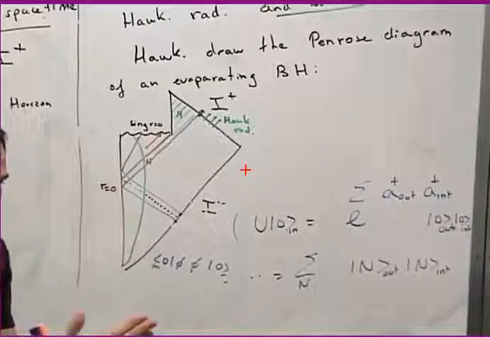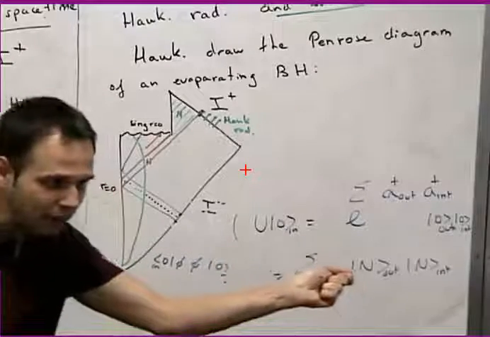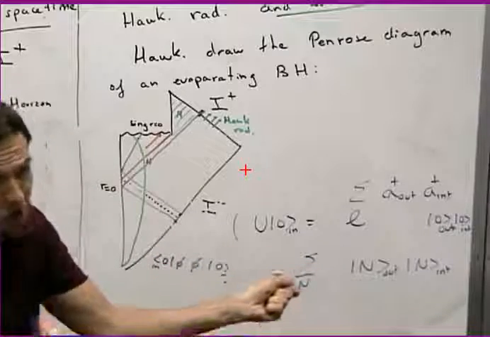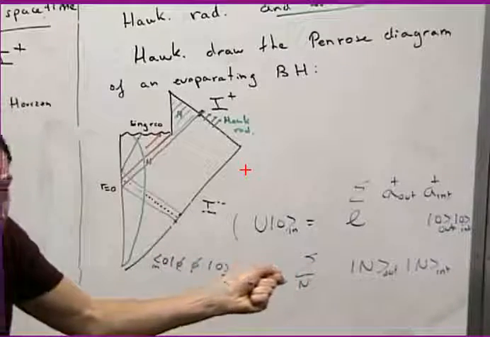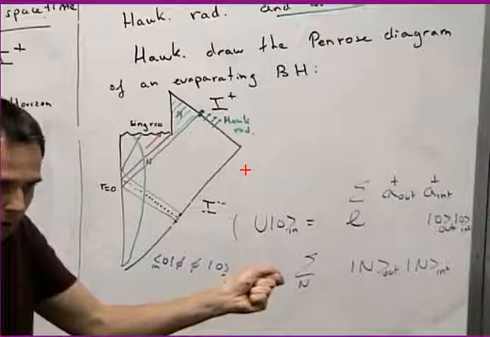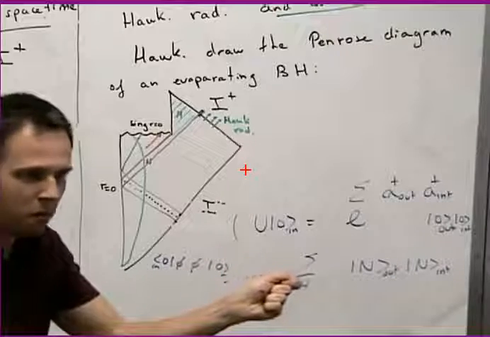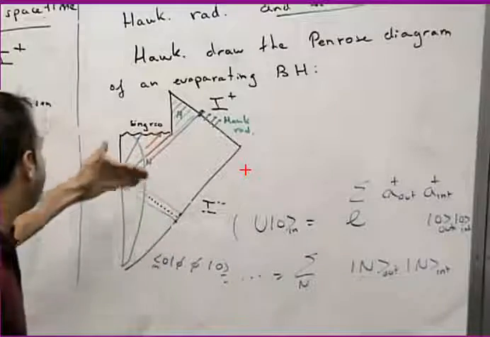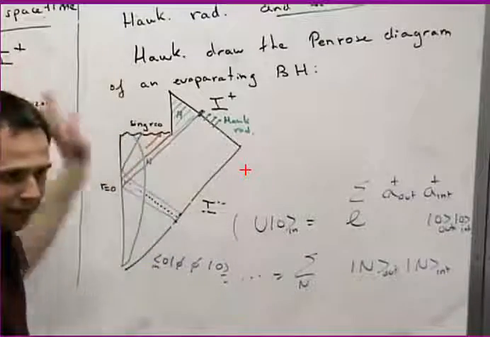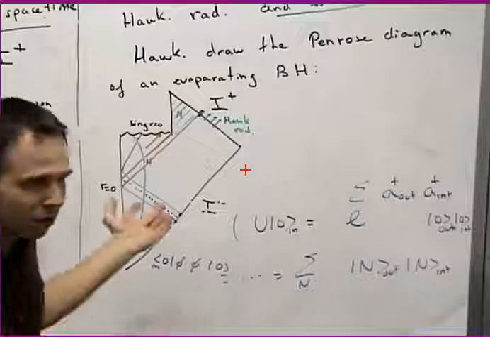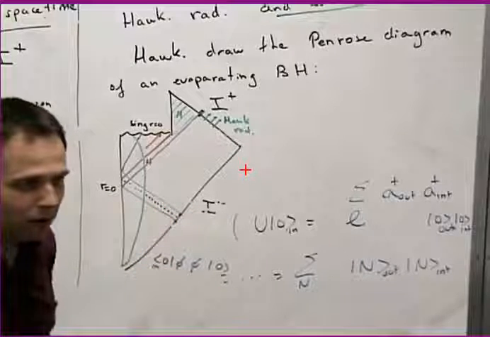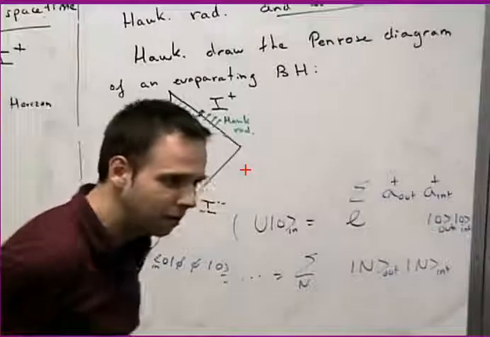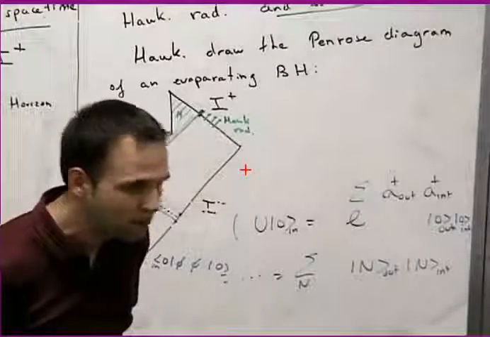The correlations that go inside the horizon, by definition of the horizon, can never go to Scri unless you violate causality. If you don't violate any rule of the game, that can never reach Scri anymore. That will die in the singularity, and after the black hole disappears, there is no singularity anymore. The black hole is not there. We only have Hawking radiation at Scri. So there is nothing else in the universe. What are the correlations? They have been lost.